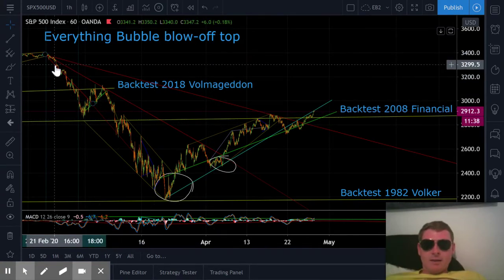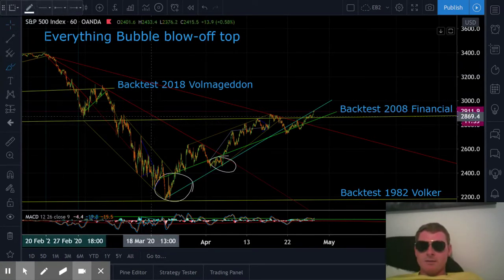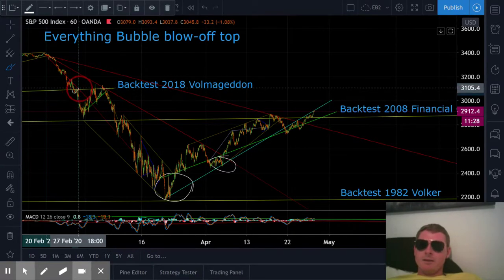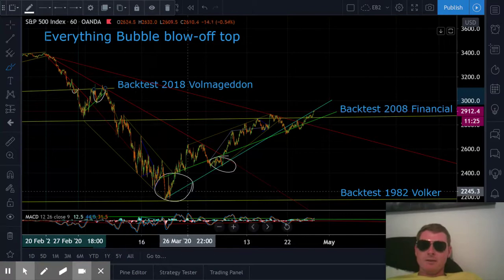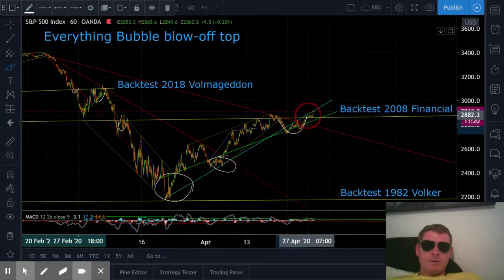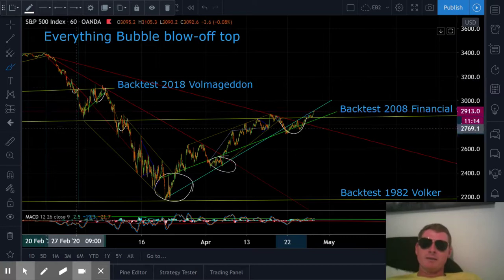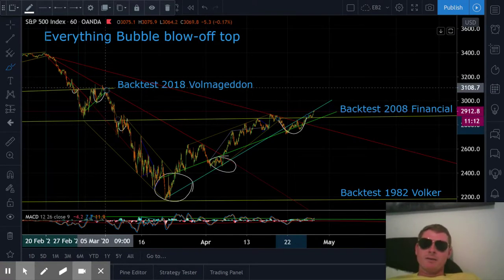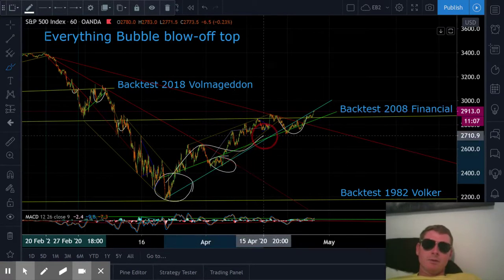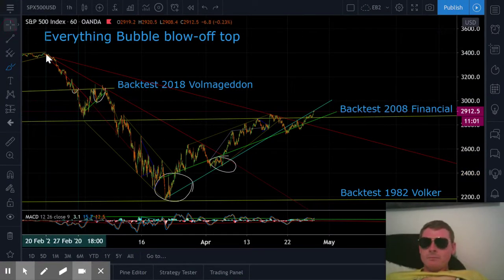So this, let's see. Yeah, I've been looking at these tangents, and I didn't notice until I looked at the Nikkei chart that we're getting like a double top back test of all of these super support trend line tests. So you break the trend line and immediately back test it, and then you do a bull trap across and double test it. You do a break and immediately double test it, and then you do the bull run across, and then you do a big double test. So I'm thinking that